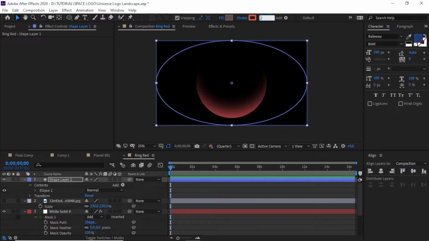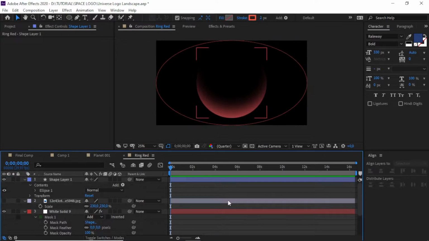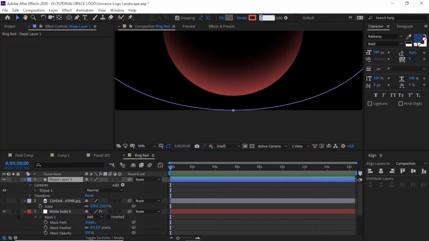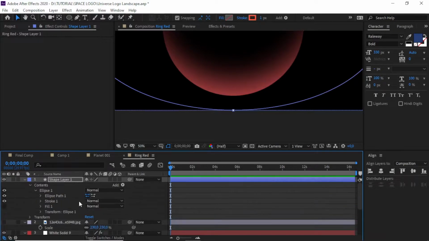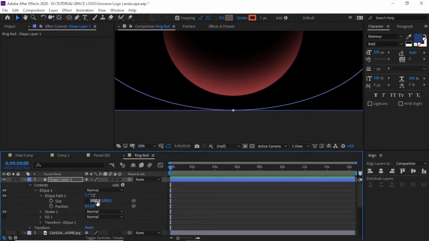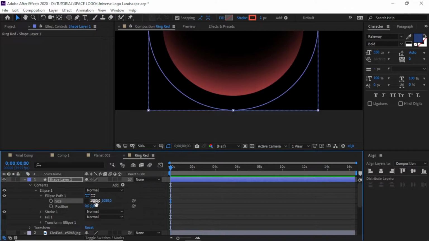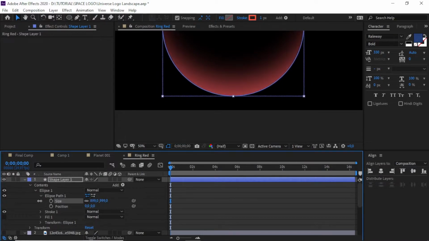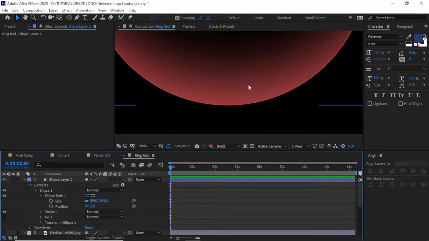We need to see how big it is. I think it needs to be smaller, with 1, and we change the size of the path to 1080 and change the size to be as close as possible to the edge like this.